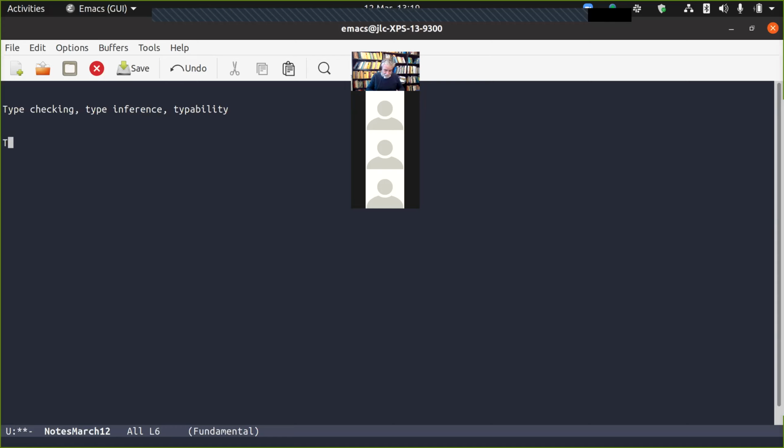So type checking is if you're given a context, call it gamma, and a lambda term t, and a type A,